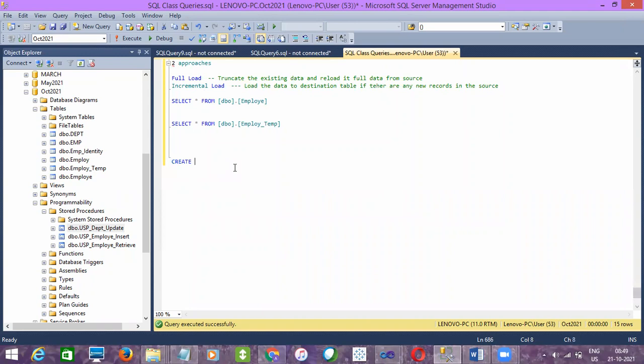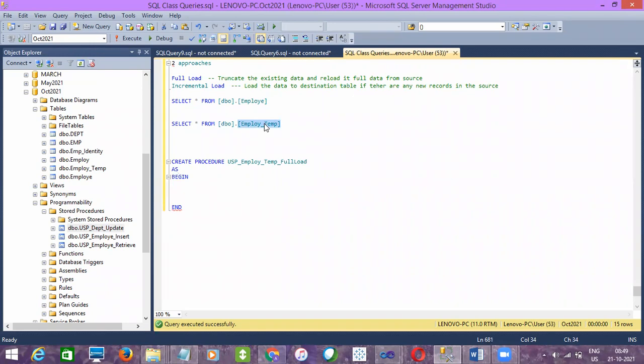First, create procedure named USP underscore employee underscore temp underscore full load, as begin and then end. So here, this is my destination table.